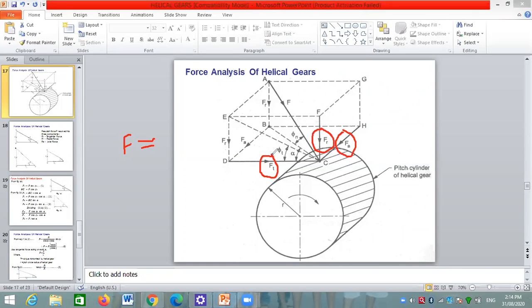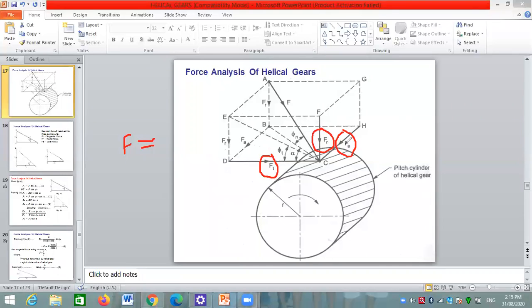Radial force. If we see the direction of the tangential force, the tangential force always acts at the pitch circle and at the pitch point, and radial force acts toward the center of the gear, and it tends to separate the two gears. And axial force is an undesirable force,